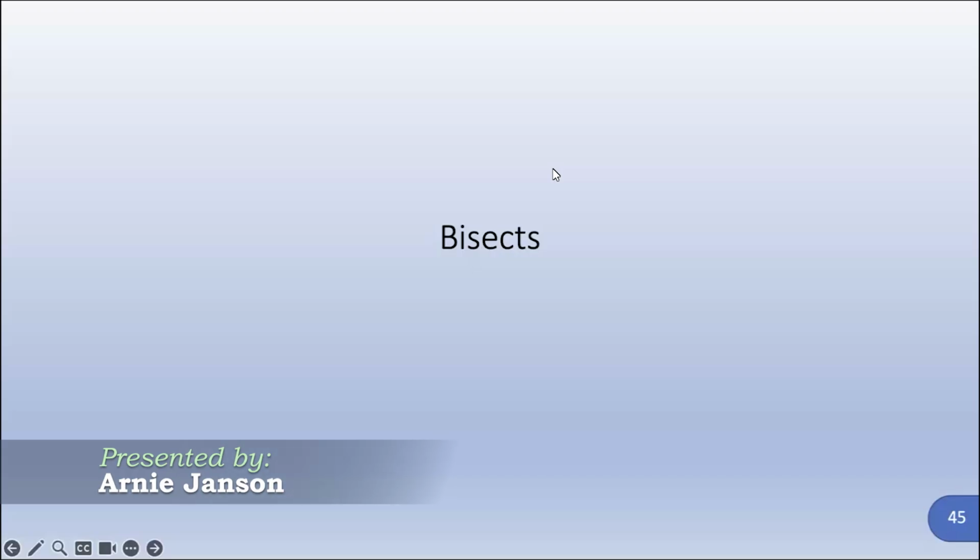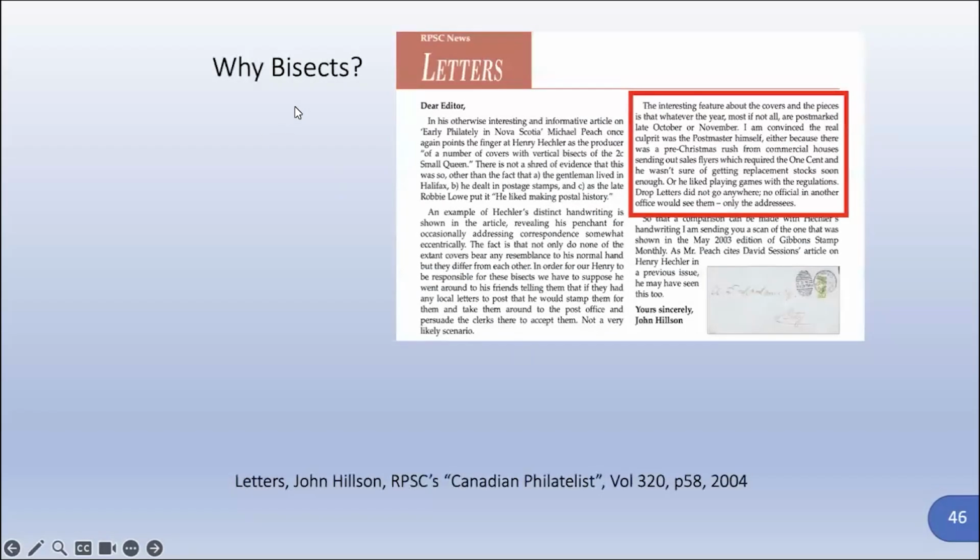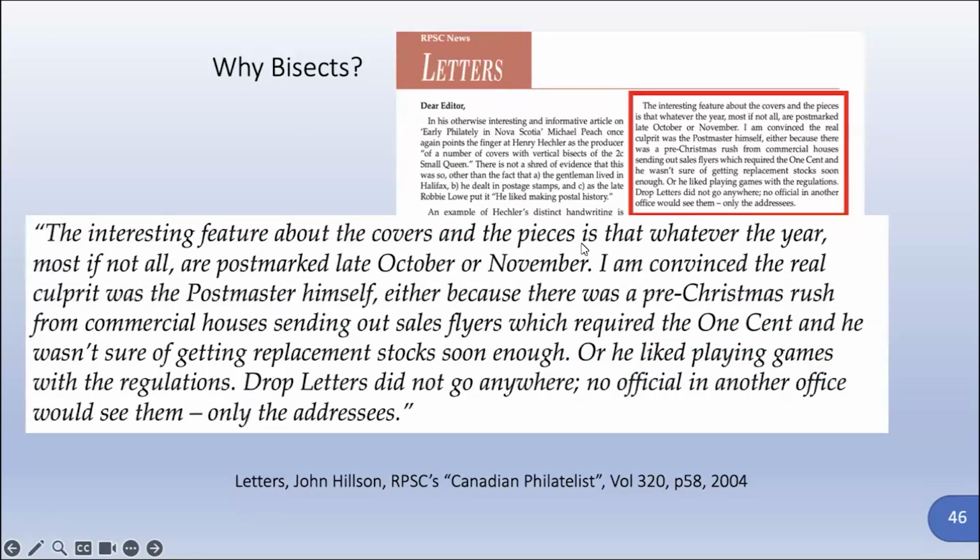Here we are looking at Canadian bisects, various examples. So this is a follow-up to the earlier presentation. And why are there bisects? Well, the interesting feature about covers and pieces is that whatever the year, most, if not all, are postmarked late